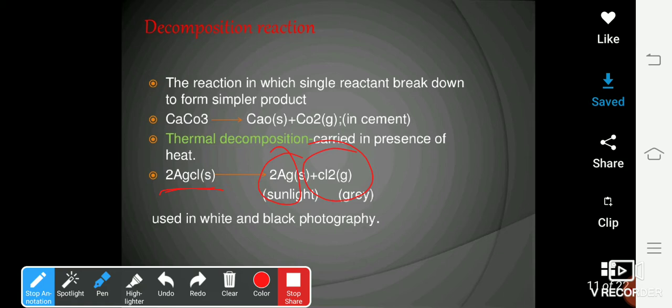A question may be asked in the examination for 1 or 2 marks. That is why silver bromide or silver chloride are kept in dark colored bottles. You can directly write the answer as silver chloride or silver bromide undergoes photochemical decomposition when exposed to direct sunlight. Therefore, to avoid direct sunlight, these compounds, that is silver chloride or silver bromide, are stored in dark colored bottles. Please remember the use of silver chloride also, it is important. It is used in black and white photography. In the earlier days, in the photographic negatives, we had this silver chloride.